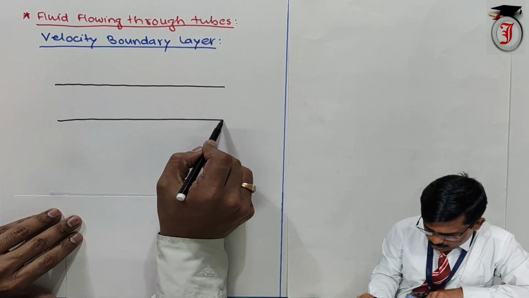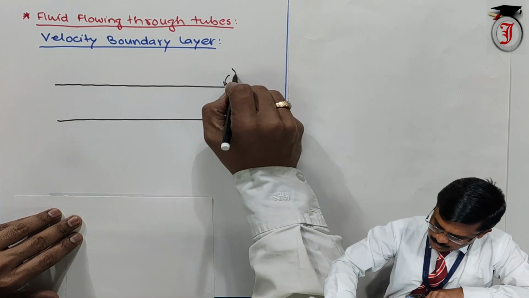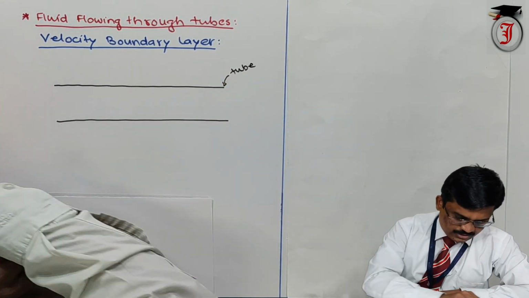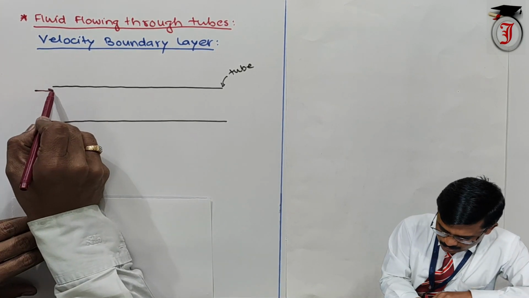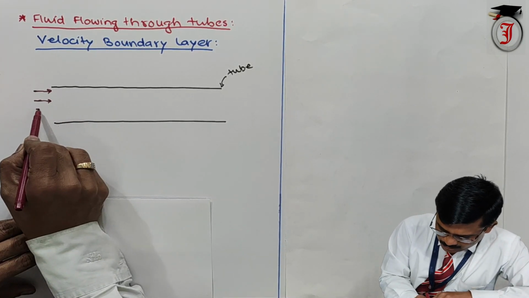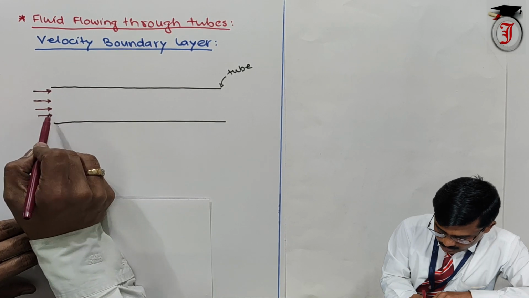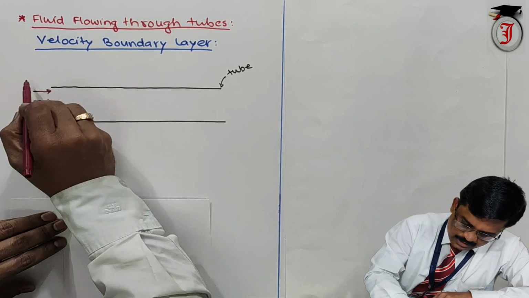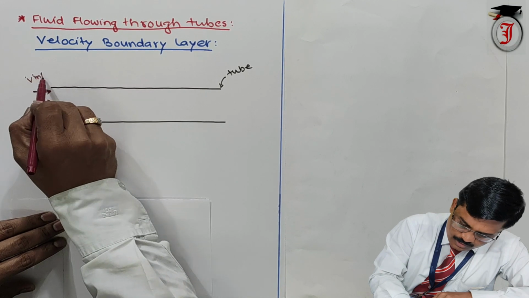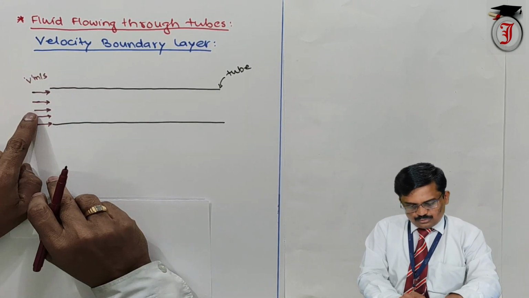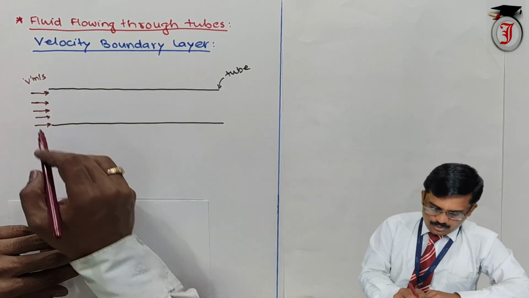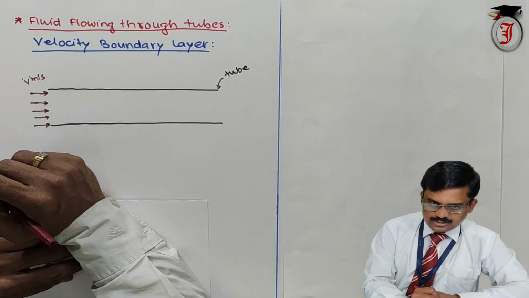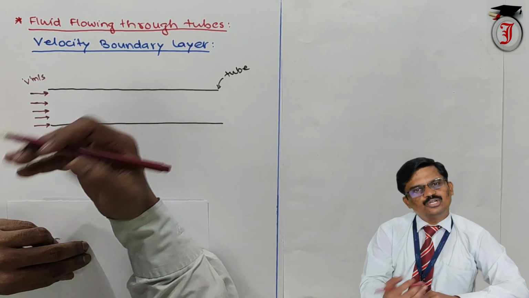This is a circular tube, and the fluid is entering into the circular tube with uniform velocity v meter per second. So fluid is flowing through the tube at uniform velocity v meter per second, and as we know, in case